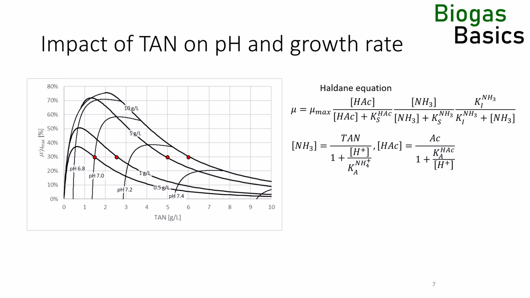At high total ammonia concentrations, the methanogens must allow higher total acetic acid concentrations in the digester to sustain the required growth rate. The acetic acid also brings the pH down and makes the total ammonia nitrogen less toxic by shifting the ammonia back to the ammonium. But there is a limit to this mechanism. Increasing TAN concentrations will require more total acetic acid to be present, and at some point, high acetic acid concentrations will inhibit the acetogenic microorganisms. So far, we only discussed the impact of ammonia on methanogens, but ammonia also influences the acidogenesis reaction of amino acid degradation, the Stickland reaction.